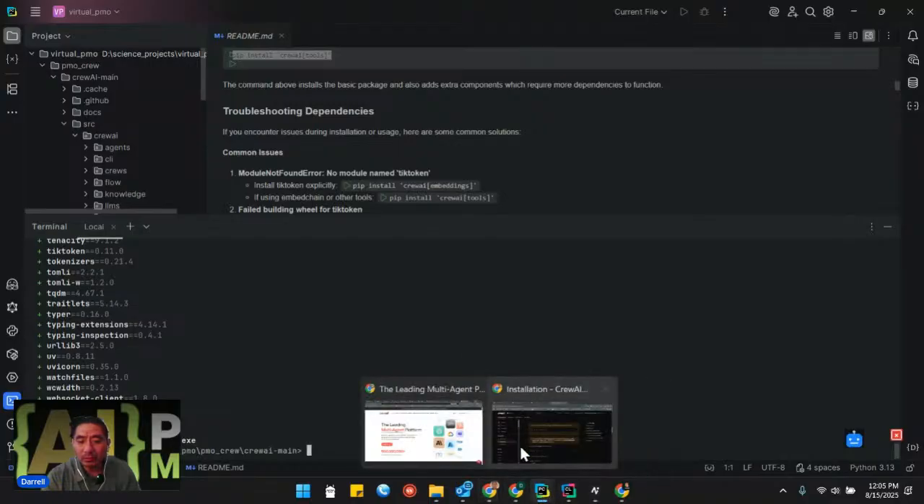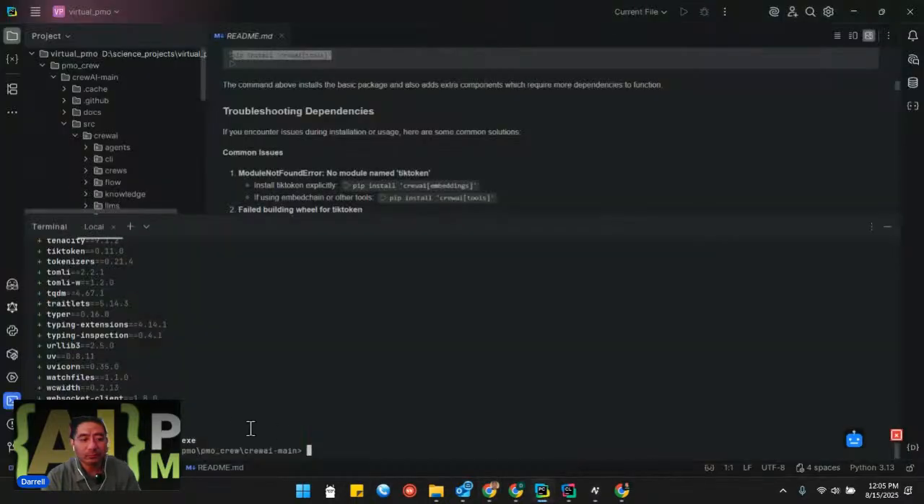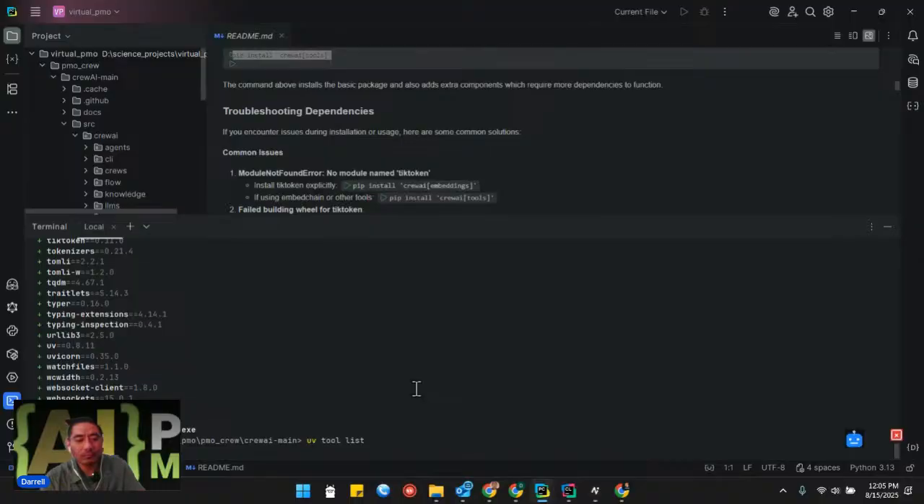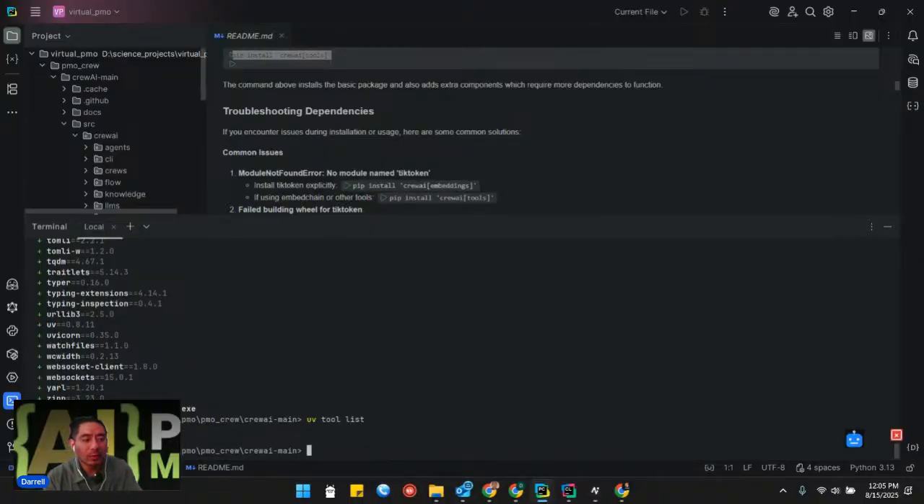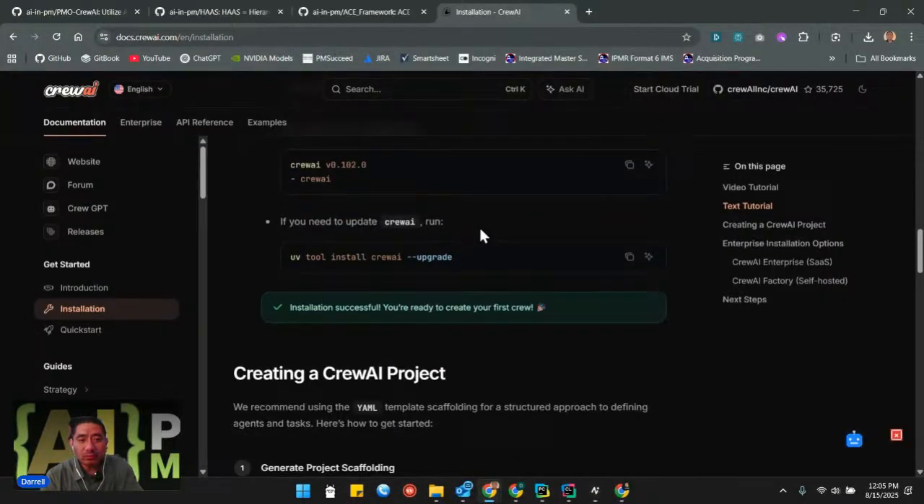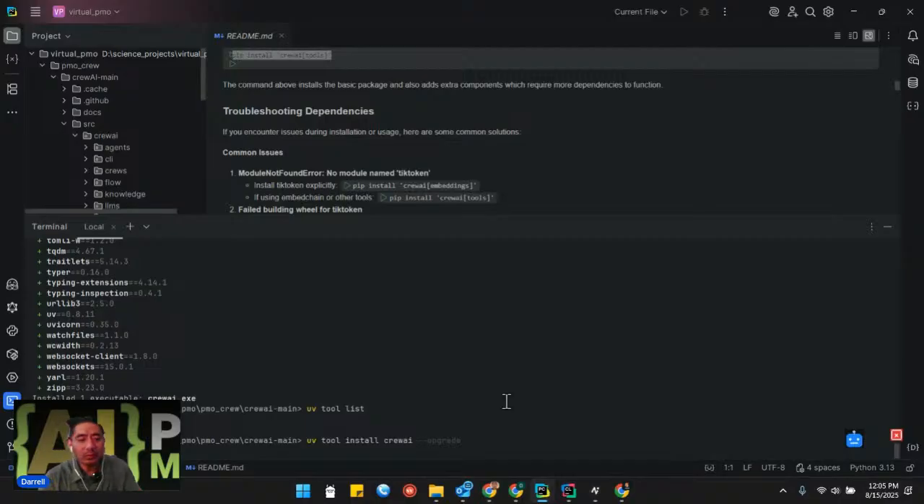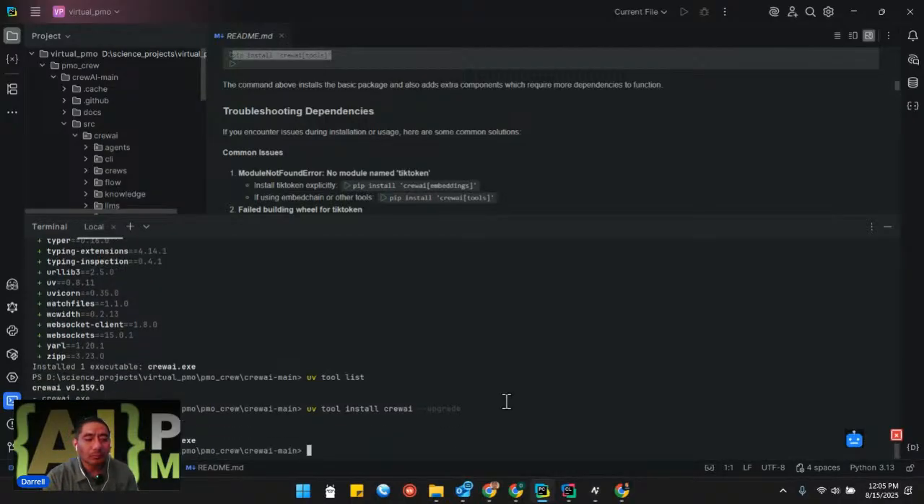So let's go back in here. To verify Crew AI is installed, run UV tool list. Let's give that a shot. And it's successful. So let's go back in here. You should see what you did. If you need to update Crew AI, let's go ahead and do that just in case. Keep it updated. All right, so now that that's updated,